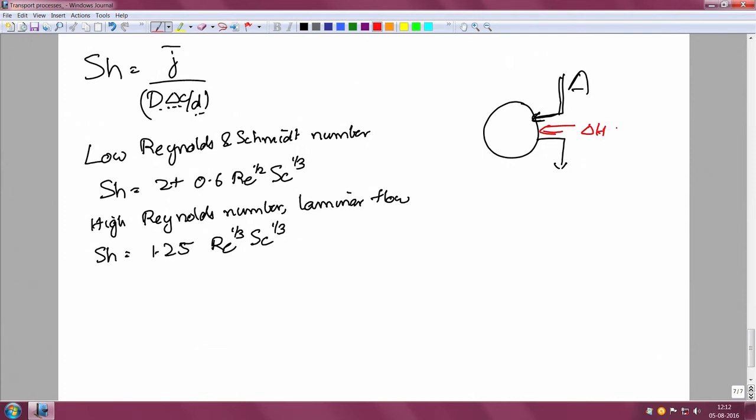Now, these are of course empirical correlations, they are done with a large number of experimental observations. The question is, how do we get these from a microscopic understanding of the system. Similarly, in the case of momentum transfer,